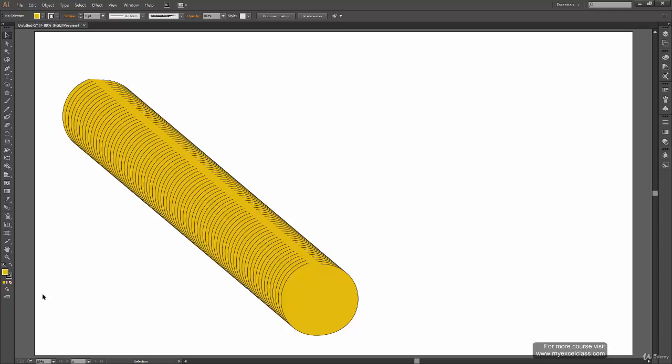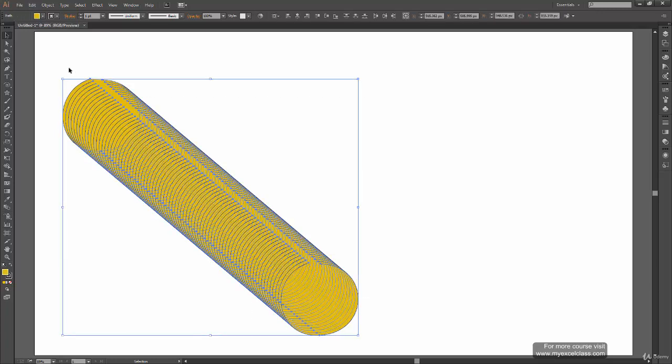So this works with the Alt key. It doesn't work when you're using Ctrl C or Ctrl V. So if you are duplicating your shape while using the Alt key, then you can press Ctrl D to duplicate, and it will keep copying the objects in the way you have copied before.